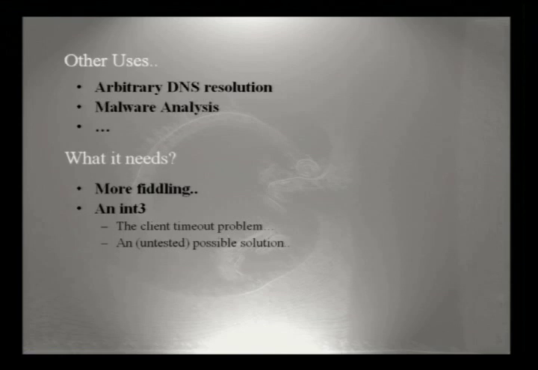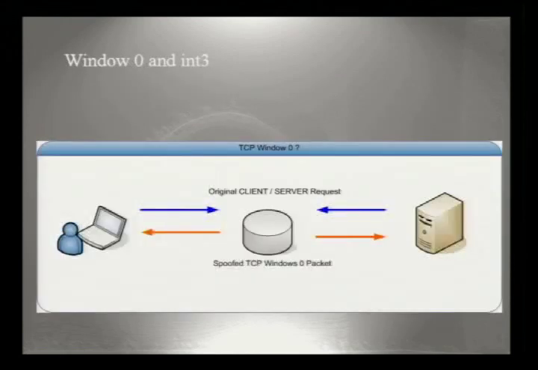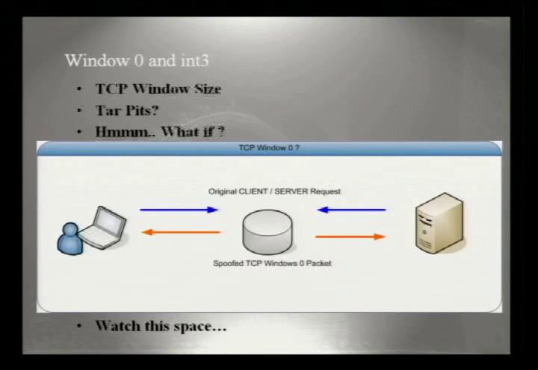Basically what we're looking for is to tell both client and server that you're now being debugged, please stop what you're doing. The problem is we're doing it by sitting on the wire, so we don't have direct control of the client or the server. What I figure we can do for this is to steal an idea that Tar-Pits use. If you've ever used a Tar-Pit, you'll know that if you set your TCP window size to 0 and talk to a client or a server, you're basically telling that client or server, I'm too busy